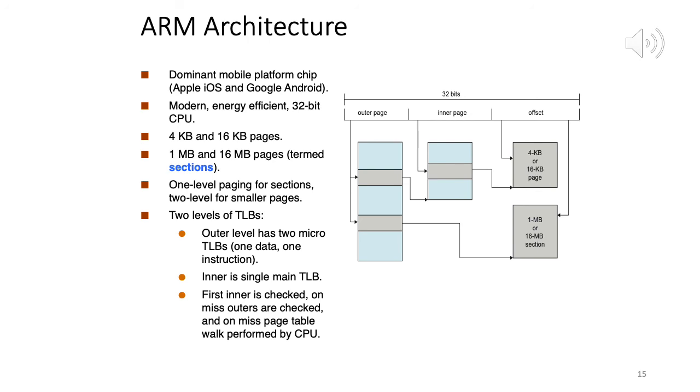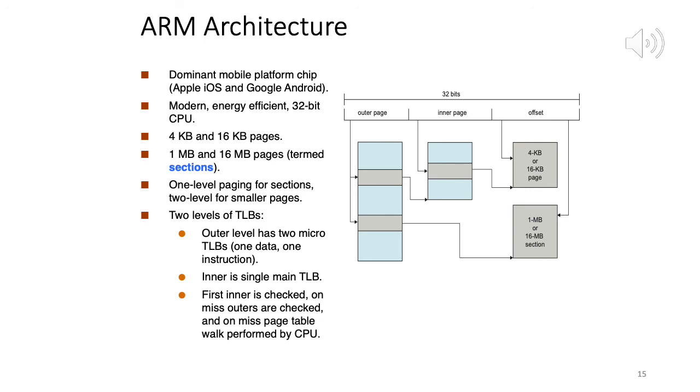Right. The number of entries in the page table will reduce. With 32-bit addresses and 4K page size, your page table entries will be 2 raised to 20. If the page size is 4 MB, 22 bits, then only 2 raised to 10. So for 4K, you need 2 raised to 20 entries in the page table. For 4 MB, you need 2 raised to 10 entries. Huge reduction. 2 raised to 10 is just 1024. 2 raised to 20 is over a million.